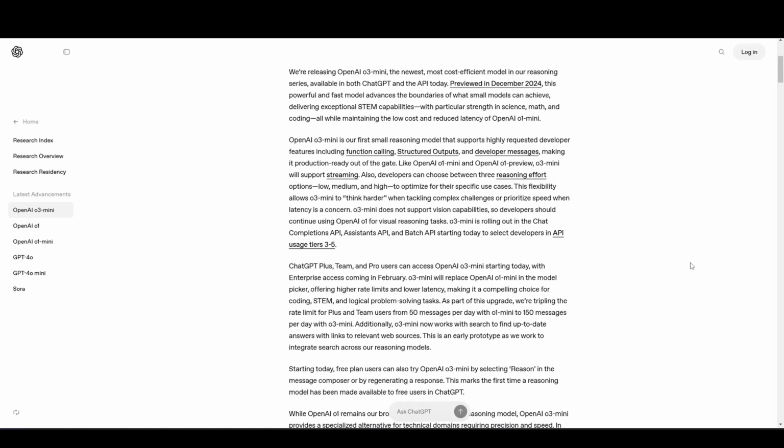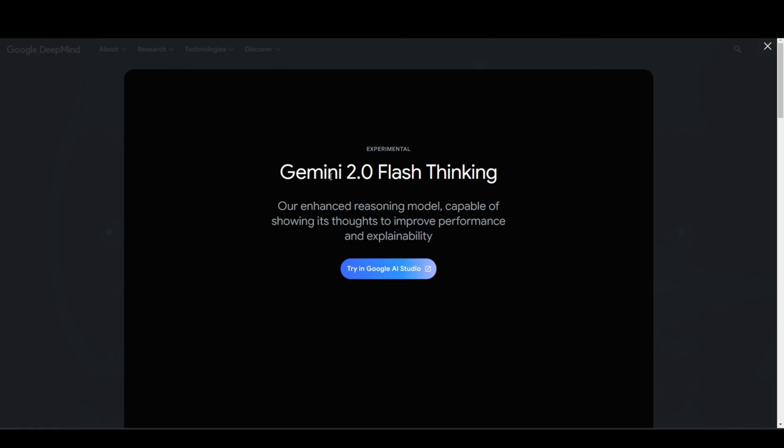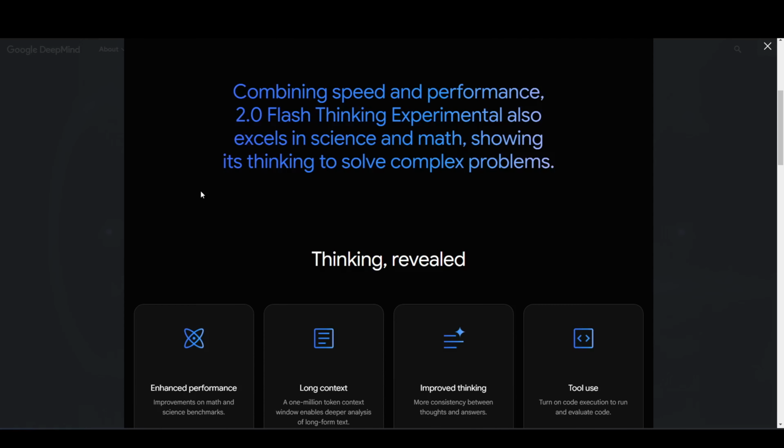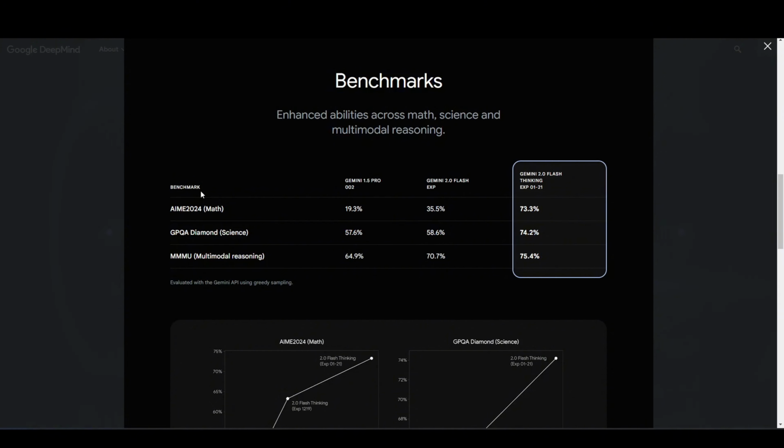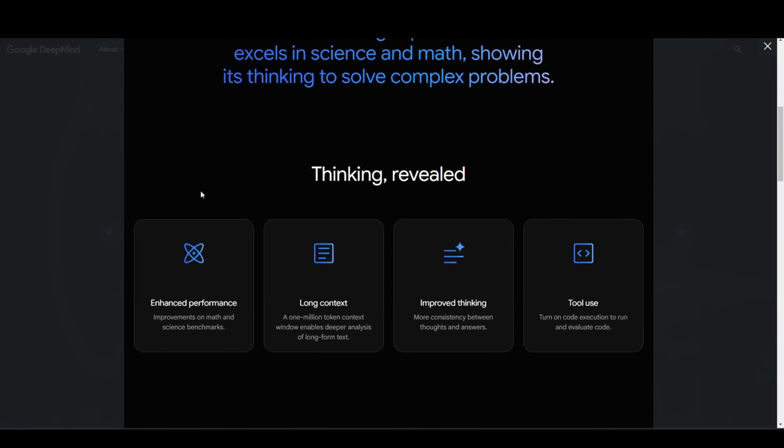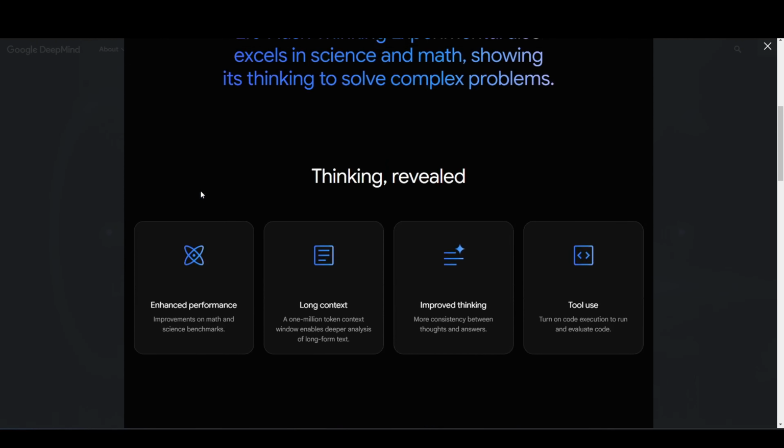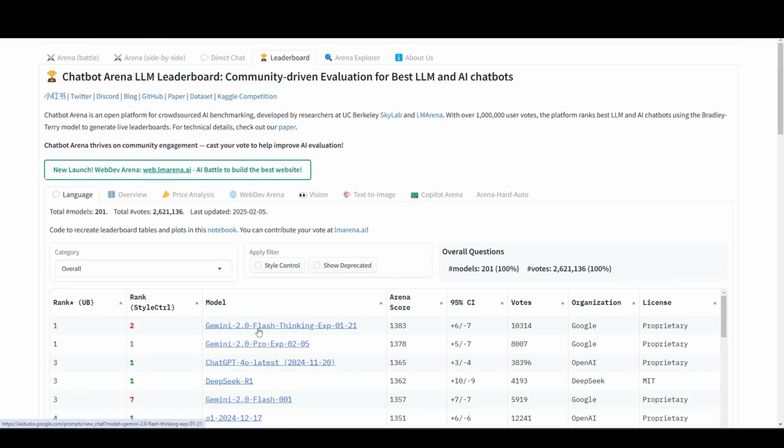This model supports function calling and can do structured output as well as reasoning effort like the O1 model. Next is the Google Gemini 2.0 Flash Thinking Experimental, and this model is known for its speed as well as insight leader. It excels in rapid explainable reasoning in math and science, and it has a massive 1 million token context window, and it can also do tool use as well as some native multimodal capabilities. This Gemini 2.0 Flash Thinking has been known to top the leaderboard for a number of weeks now.